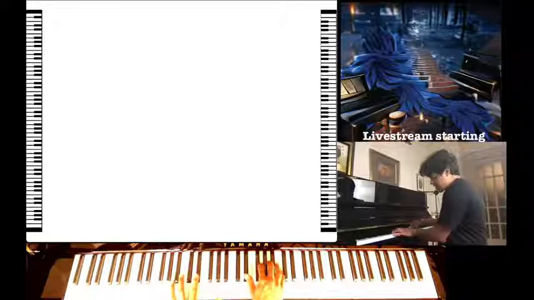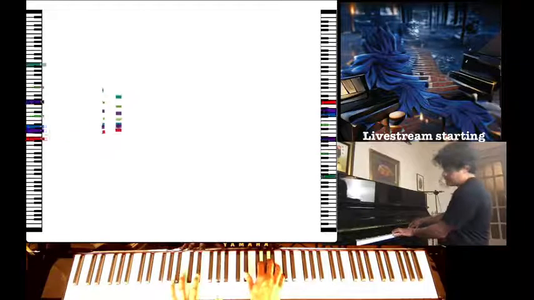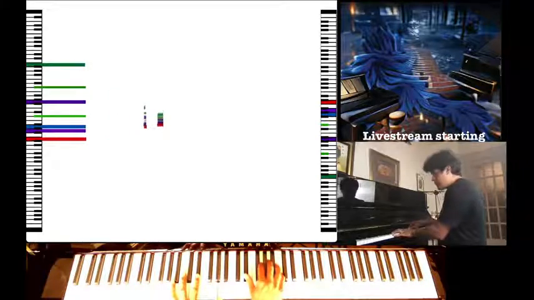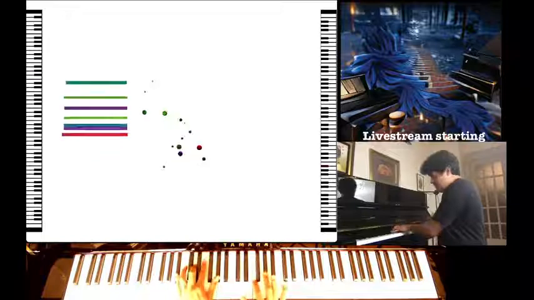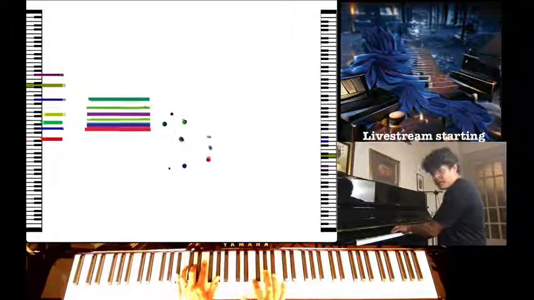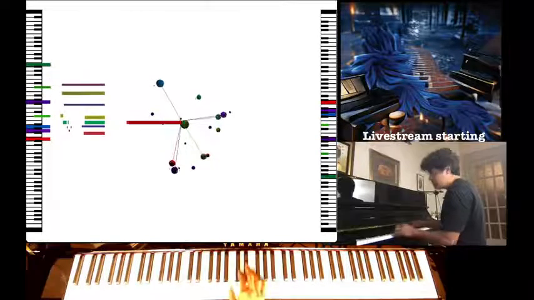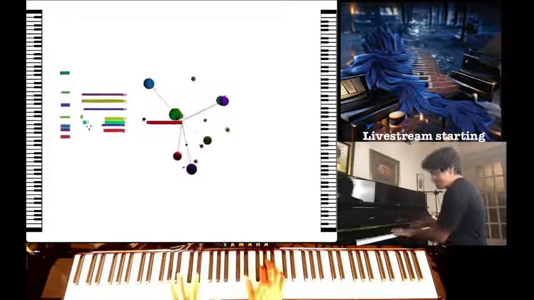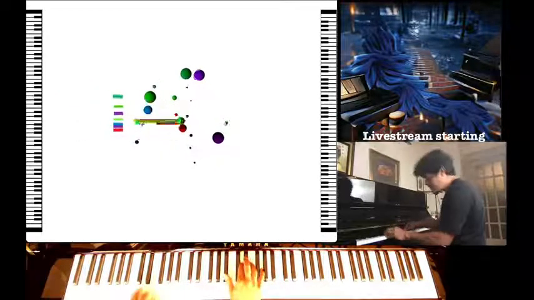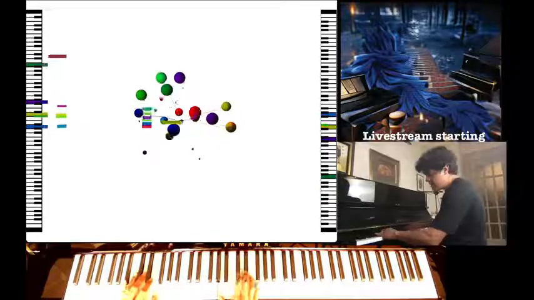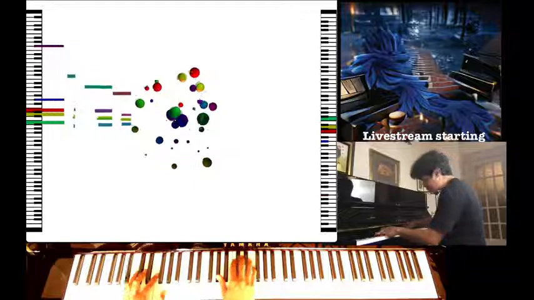So if we're in F, let's switch to F now. So we'll start with F7. So this would be the 1, and now you're going to go to the 4, just like we did in the basic blues. So that would be the B flat 7, and then we come back to F7, and we're going to do what's called a turnaround. So it's almost like you can stay in the F7, but you can do this turnaround where you go to the C minor 7, and then F7, and then B flat 7,